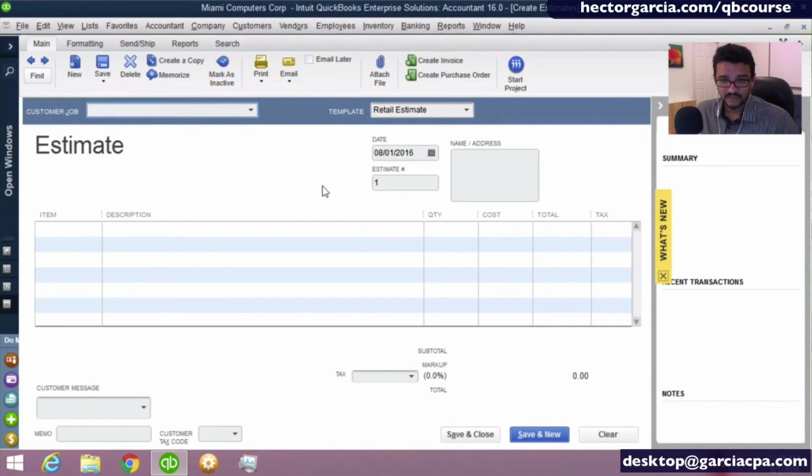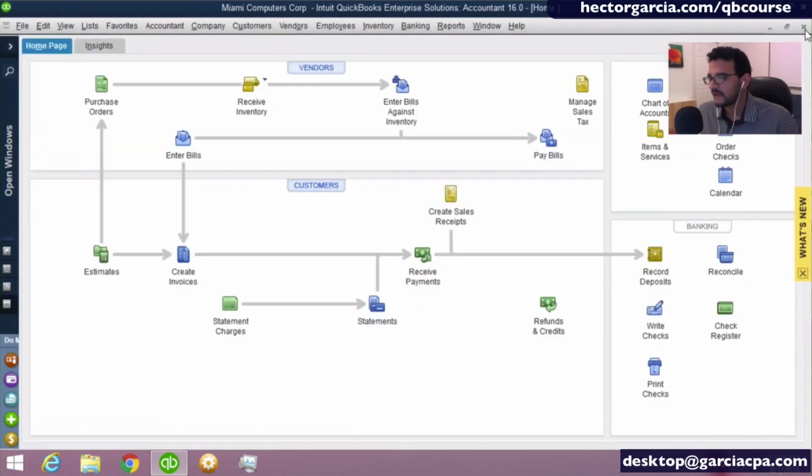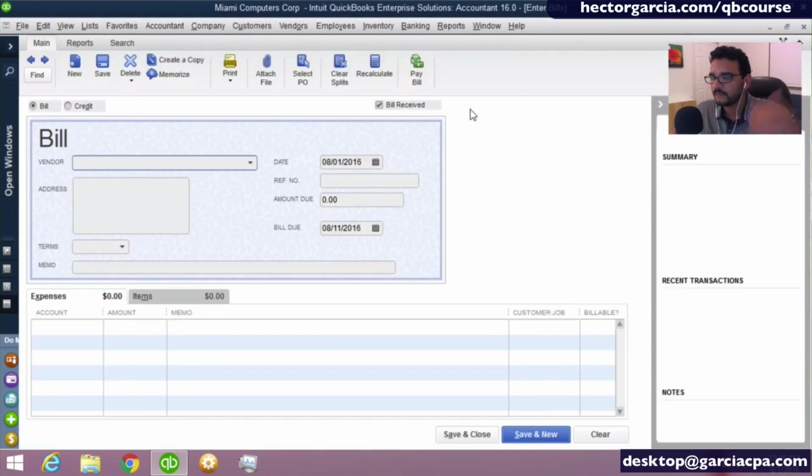Now, it's really important to know that the escape key in QuickBooks will close a window. So I don't have to go all the way to this little X here to close, although that's a way to close. So I'm going to click on that X that closes the window. Be careful not to hit the big X or the X all the way in the top. That will close QuickBooks altogether. Anyway, so I'm going to keep pressing escape, and then just keep closing the windows and showing the window that's